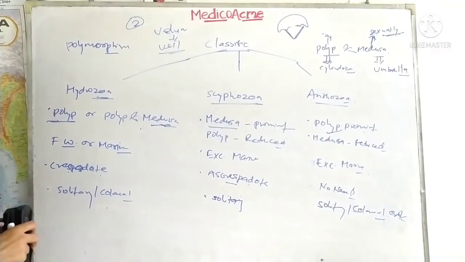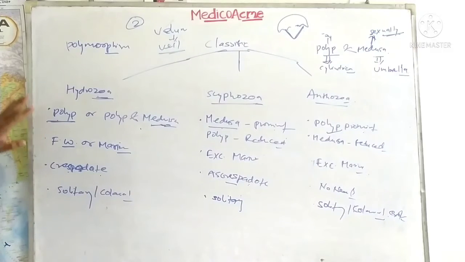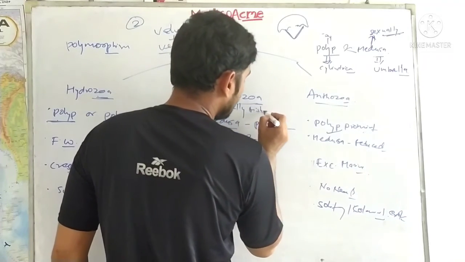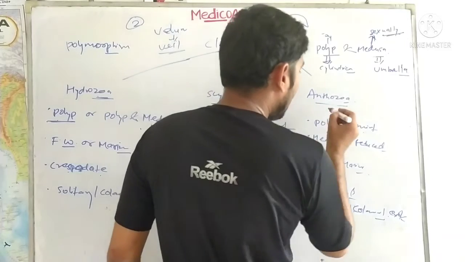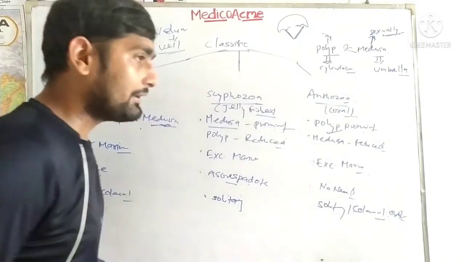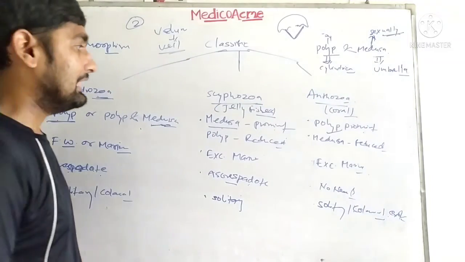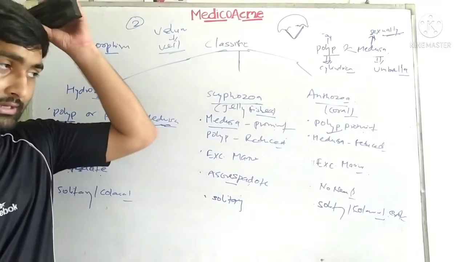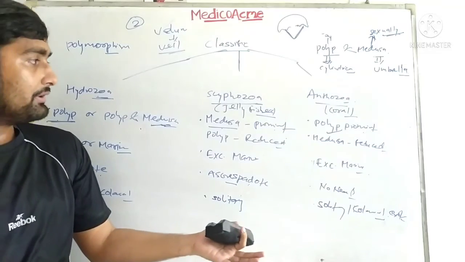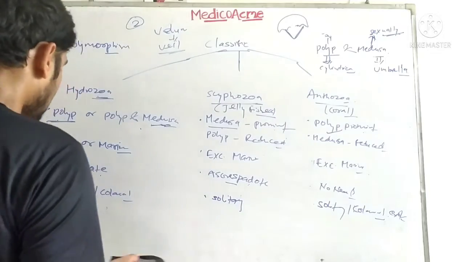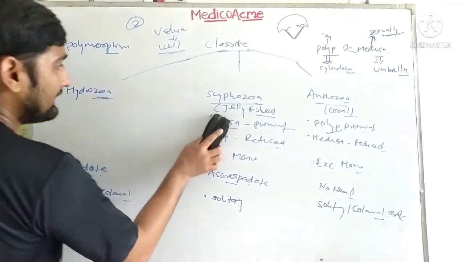So the next important thing here is, suppose these are the 4 main actual differences between the organisms. The organisms in the Scyphozoa are sometimes called jellyfishes, and in the Anthozoa they are called corals. You have all heard about the coral. I am going to take a lecture on coral reef in the next class. Actually, that will be advantageous for you, and that will be the add-on or complementary lecture, you can say. If you want to know more about the corals, then you can learn, or you can skip that video also. Okay.